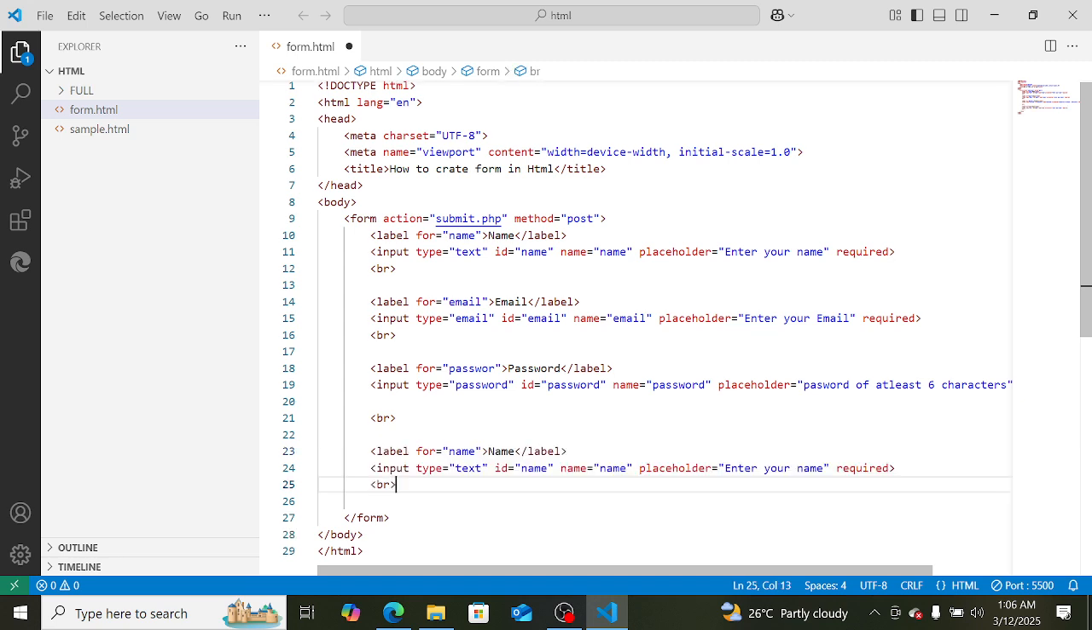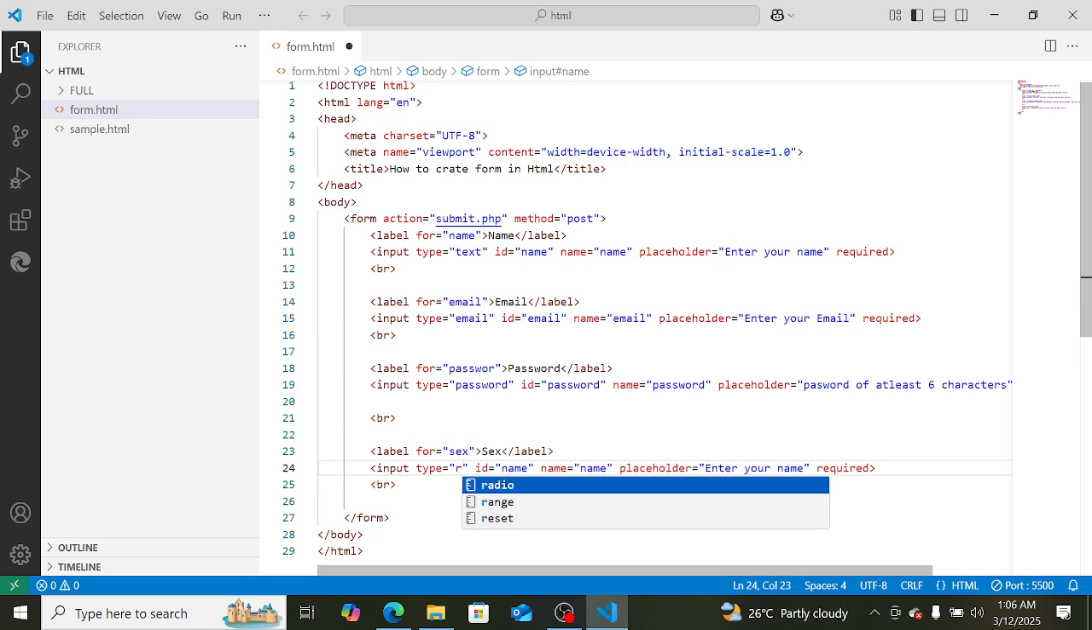After creating the password, we can create another field like gender or sex. Here now, we are not going to use input type text, it's going to be radio. So let's say form for sex. Call this sex, and then we'll label it sex or gender if we want to. Sex, and the input type here is radio button. So we specify that here is radio,